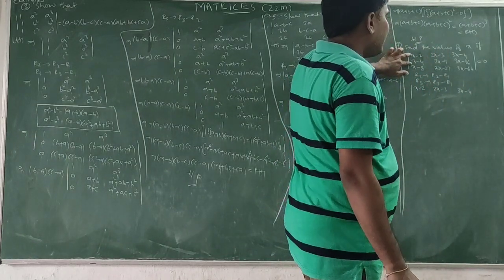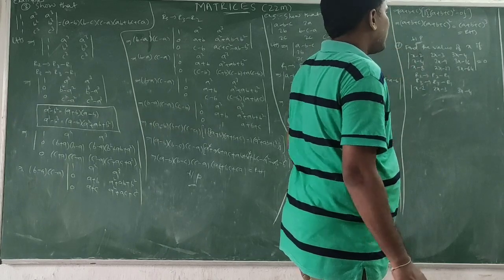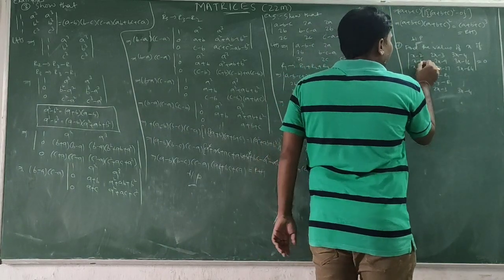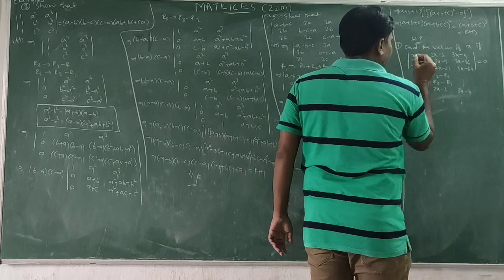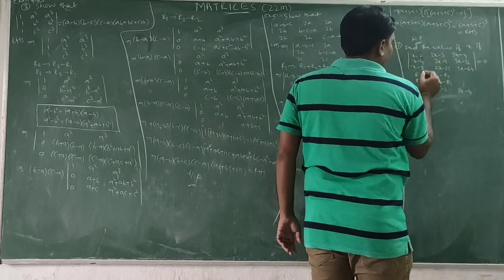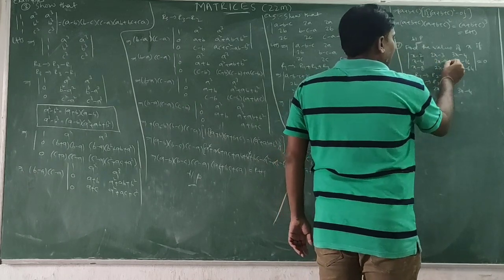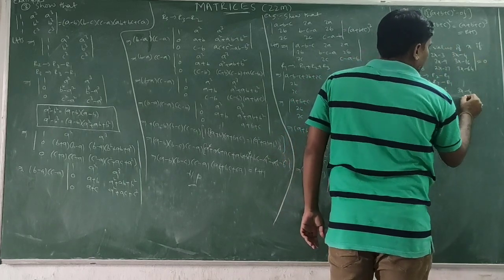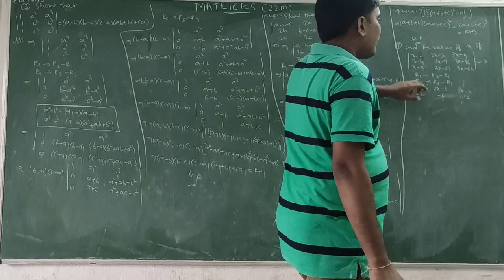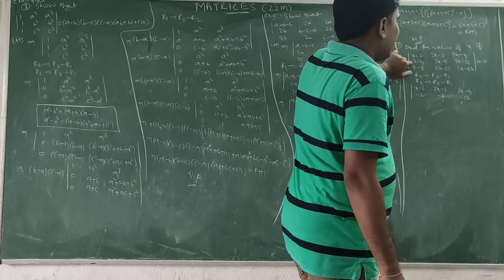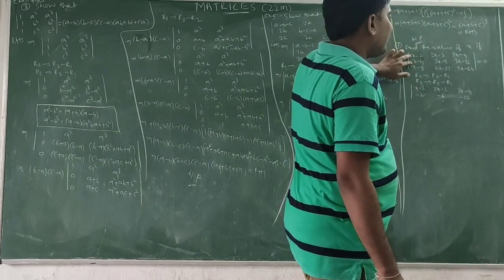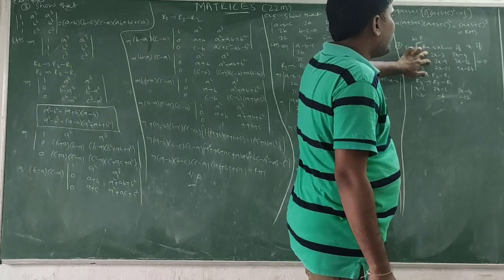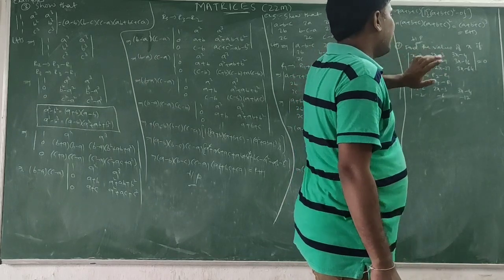So x minus 4 minus x plus 2, so x gets cancelled. Minus 4 plus 2 is minus 2. Minus 9 plus 3 is minus 6. Minus 16 plus 4 is minus 12. Understand? One more time, subtract, changing the signs. x and x cancel, 2x and 2x cancel, 3x and 3x cancel like that.